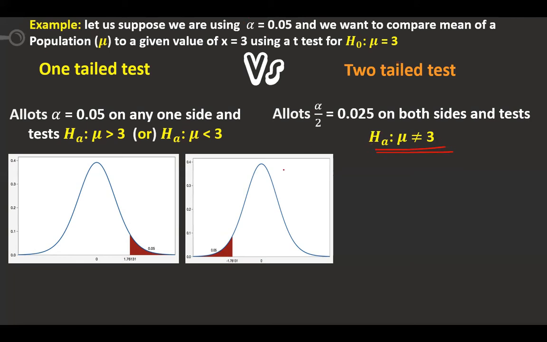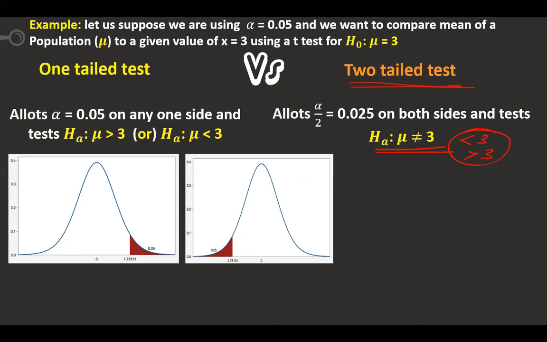3, then it may be less than 3 or it may be more than 3. Both things I want to check here. Therefore, it is called a two-tailed test. Okay, so now, if my BP level is increased, then it is a one-tailed test.